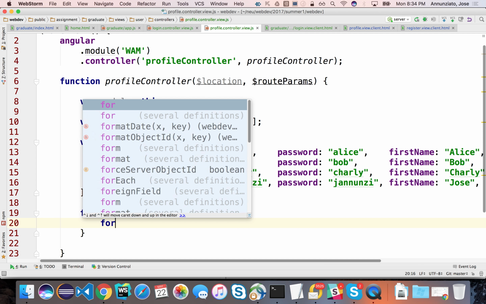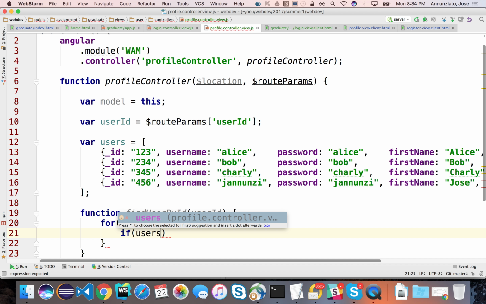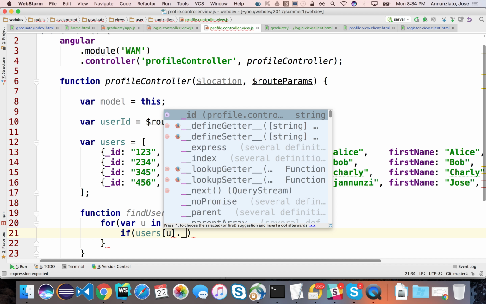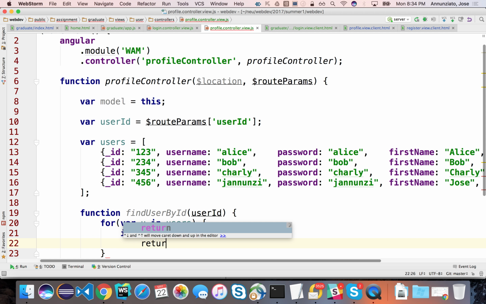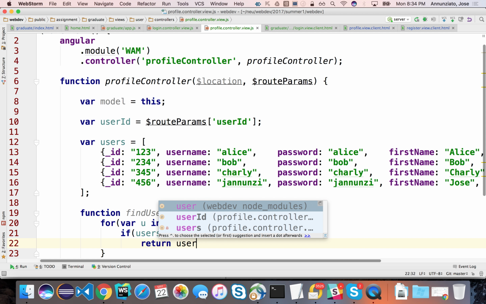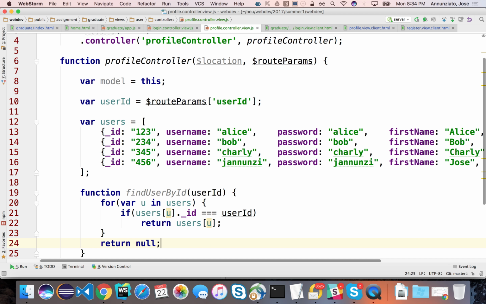It iterates for var u in users, and if users[u]._id matches the user ID, then I'm going to return users[u]. Otherwise, I return null. Everybody okay? So we could use this function and